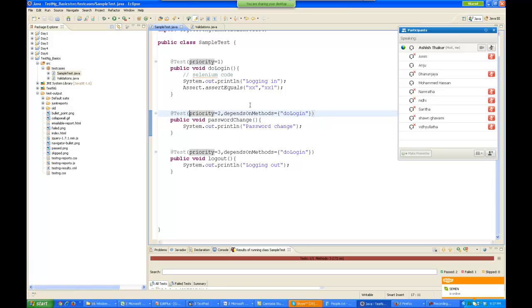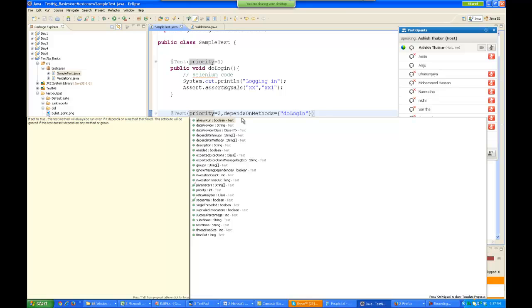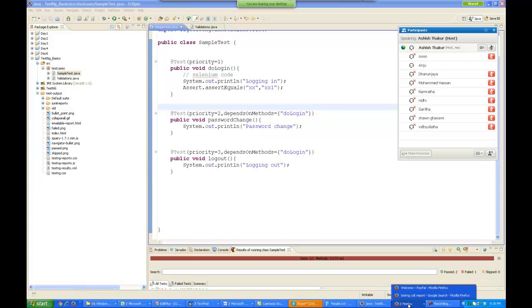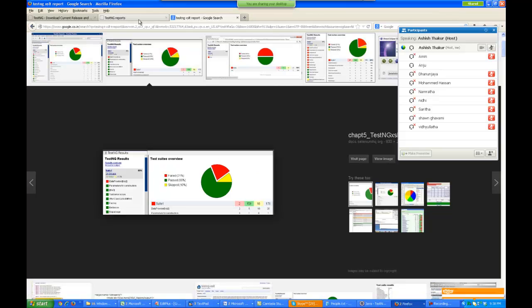If you put your cursor in front of this round bracket and hit Ctrl+Space, you will get a lot of other features of TestNG. Fine, so just a minute, it's hanged again. Yeah, it's okay now. If you want to read about these features, you can also go to